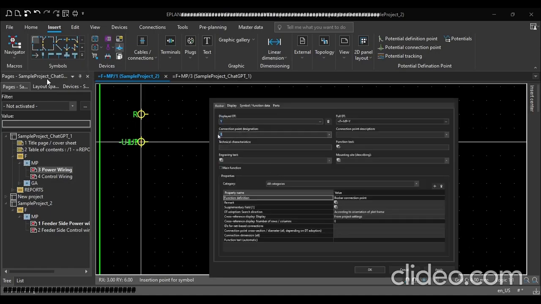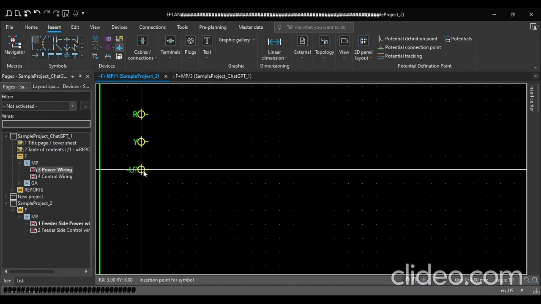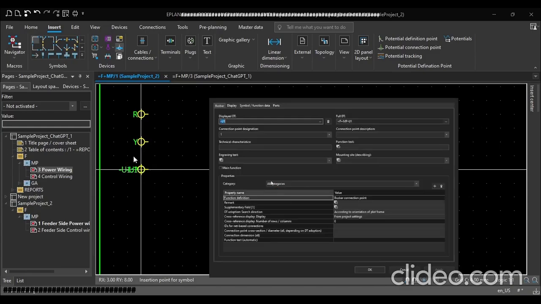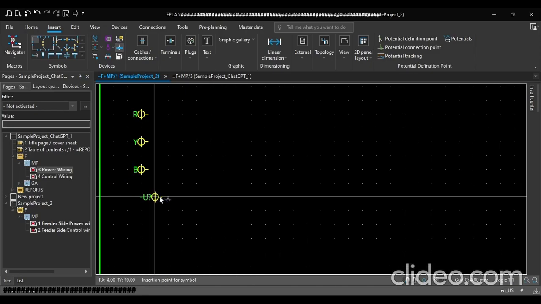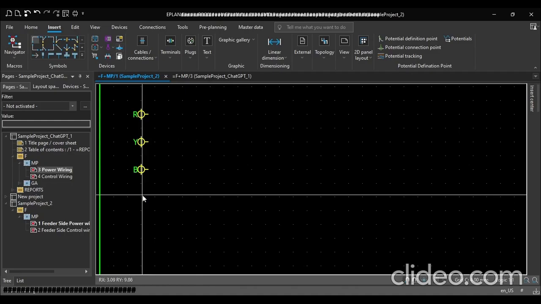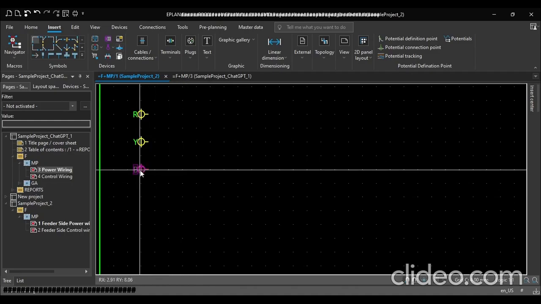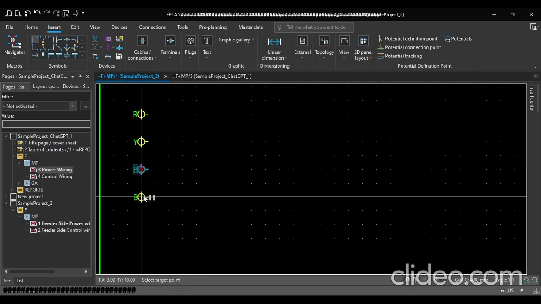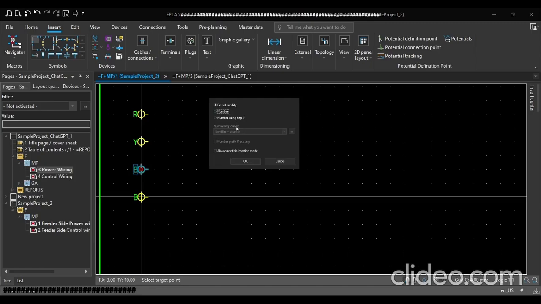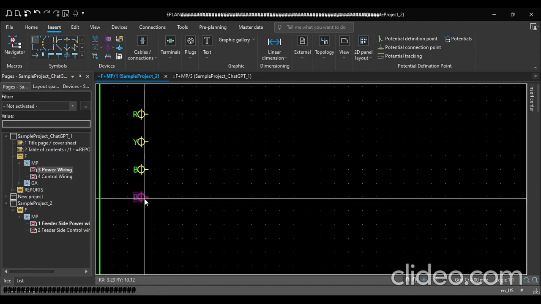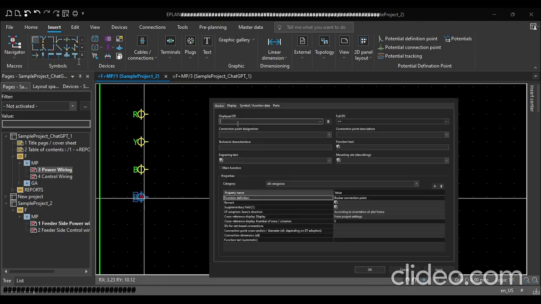Y. Again I'll not apply this connection point, then it will be blue, B. I'll cancel this, and there is again a shortcut. What we can do is we can press Control and then drag it down. Okay, do not modify, and then what we'll do, double click here, and here I'll save it as E. Okay,